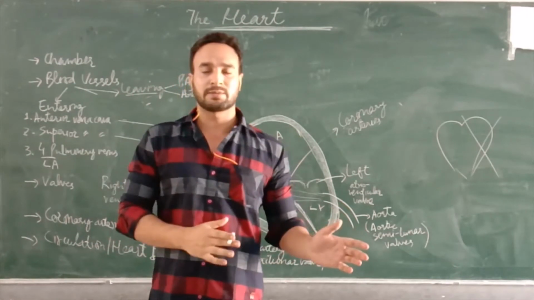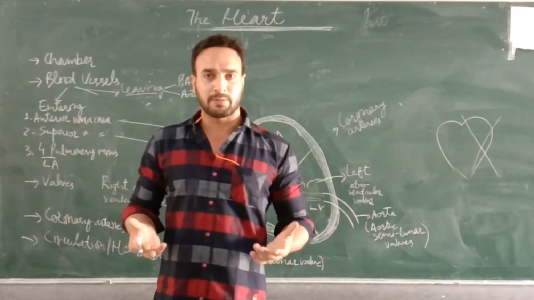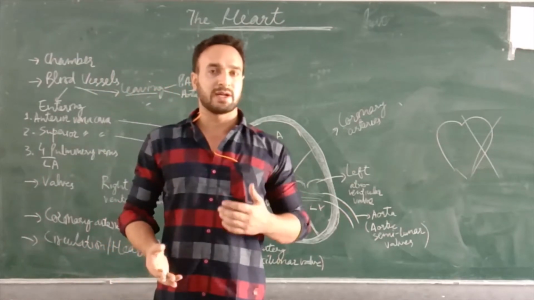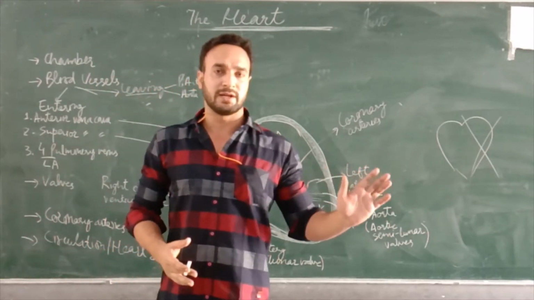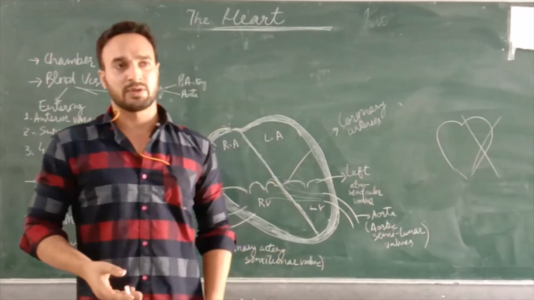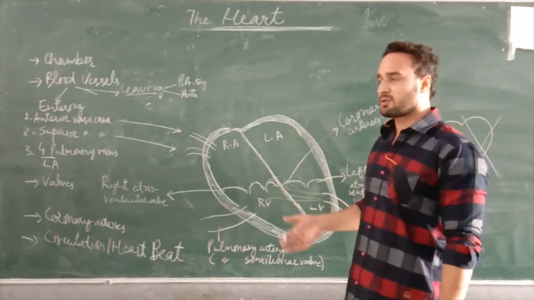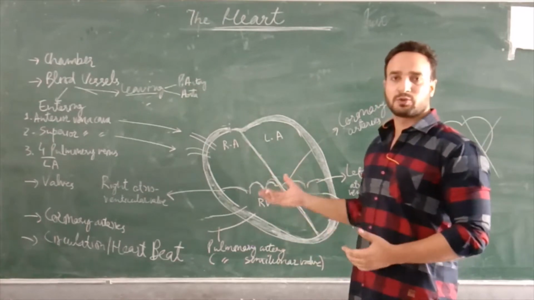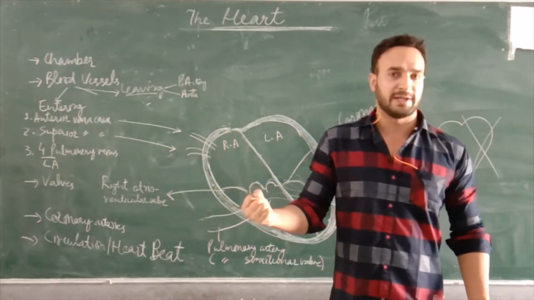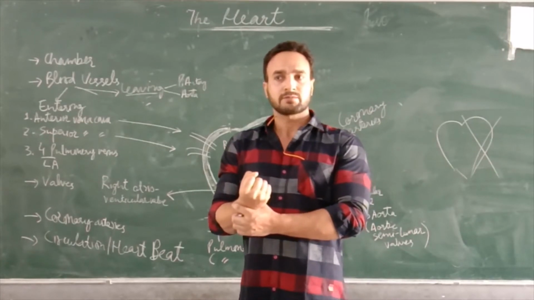But actually, it's not towards the left side. It is right in the center of your chest, between the two lungs and above the diaphragm. Because of the strong pumping action of the left ventricle, we feel that it is shifted to the left side. Understand? So this is a rough diagram of the structure of the heart. It's only a 2D diagram. The actual size of a heart is the closed fist of your hand, right?